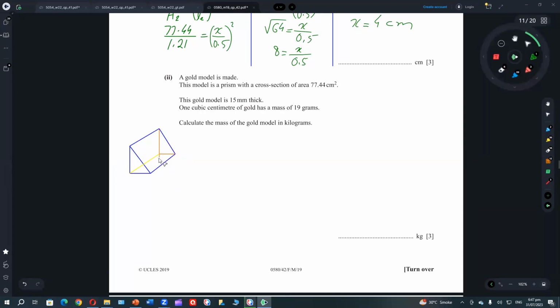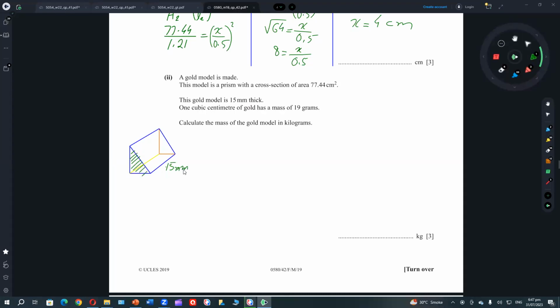Now this is the shape of the prism. We are supposed to find, it is a prism, gold medal 15 millimeter thick. So this is 15 millimeter thick, and